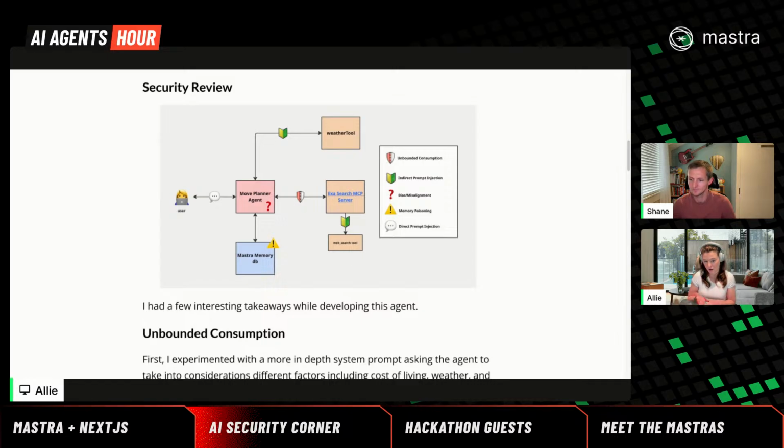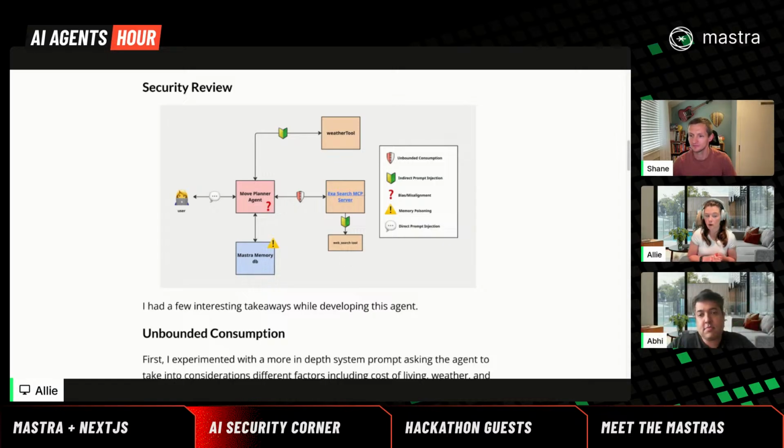That could easily create a denial of wallet attack, where every single call uses API keys and uses our tokens. So we don't want to spend all of our credits just because our AI agent decided to make too many calls. So thinking about ways to rate limit those is really important,